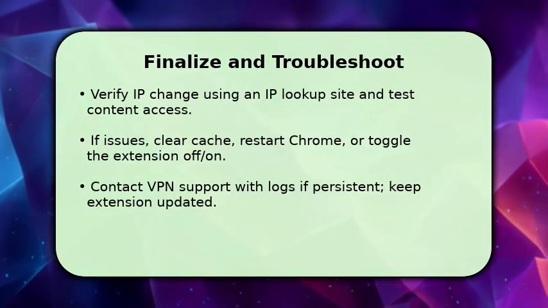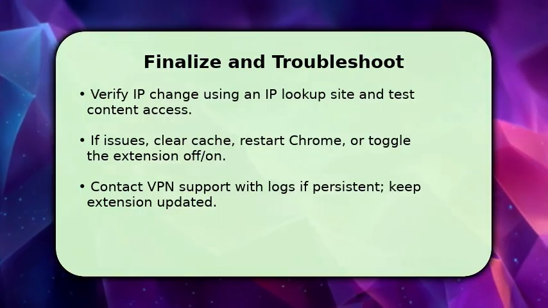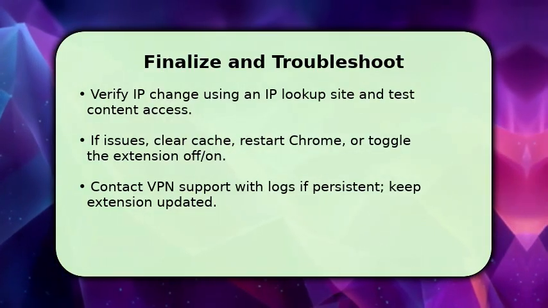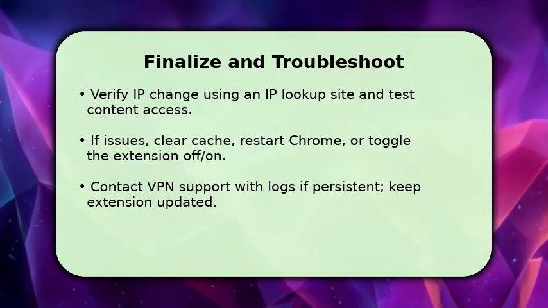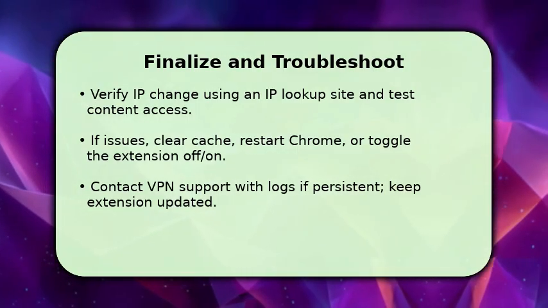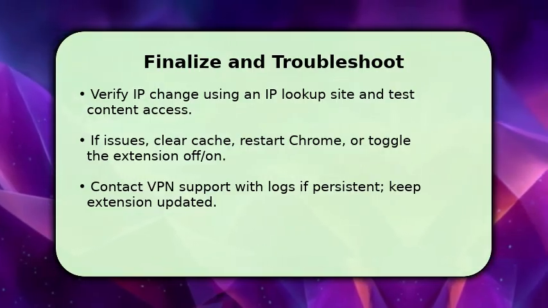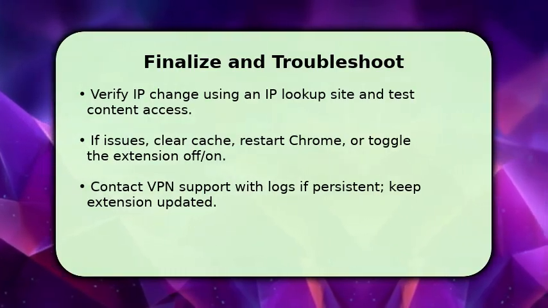Finally, connect to the VPN and verify your new IP and location using a quick IP lookup. Make sure blocked content is accessible if that was the goal. If pages fail to load, clear Chrome's cache and cookies, restart the browser, and toggle the extension off and on to reset its state. If you still have problems, disable other network extensions to avoid conflicts and gather logs to